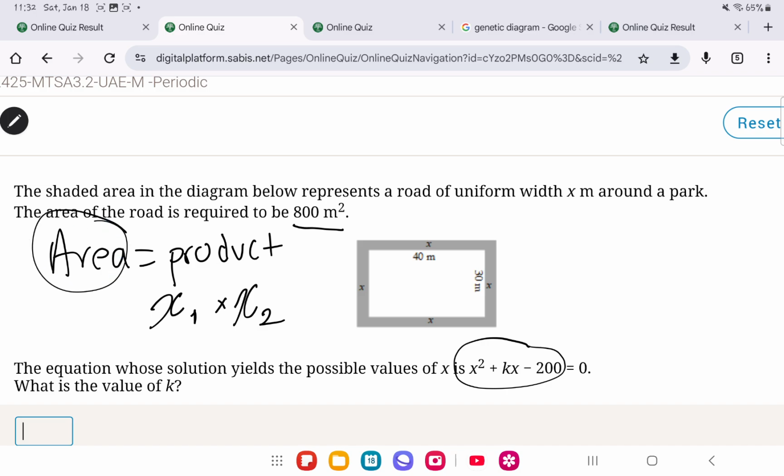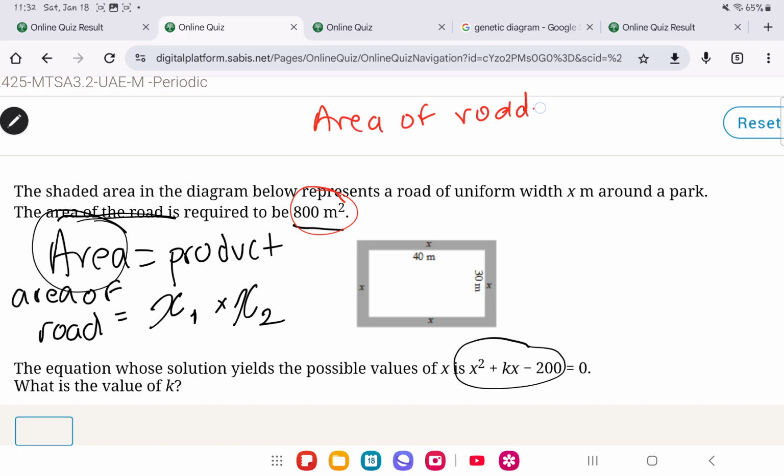But they are looking for the area of the road. Area of road is equal to root 1 multiplied by root 2. But how can I find the area of the road? We are given what it is required to be, so we know that area of road is equal to 800,